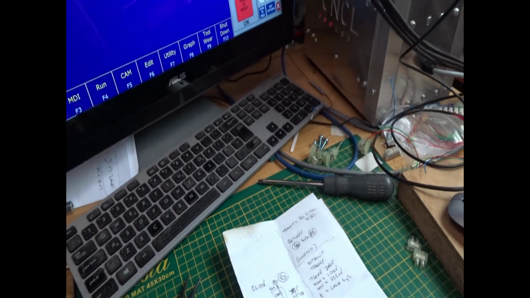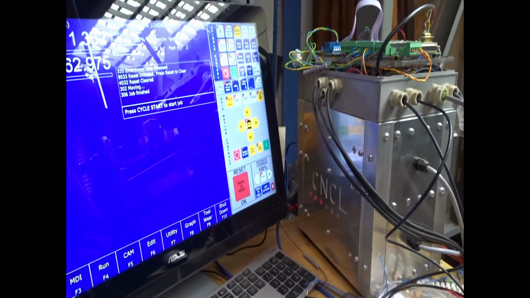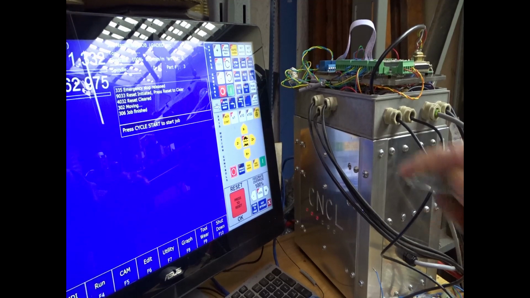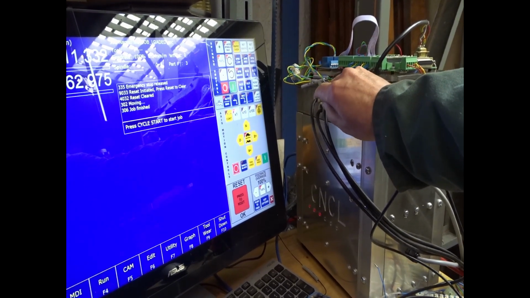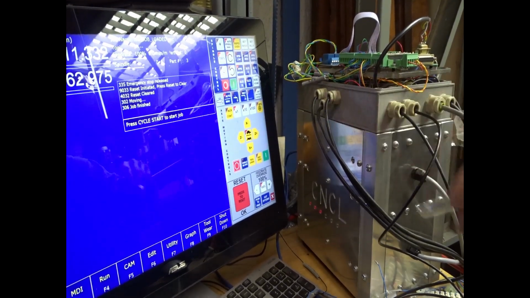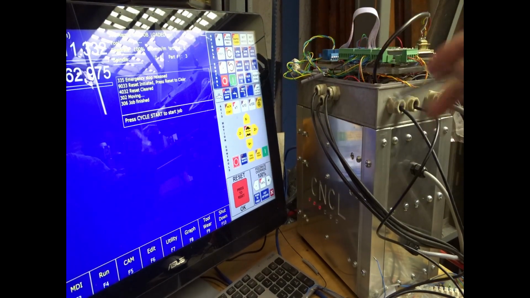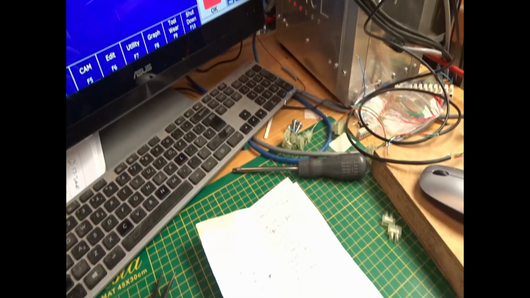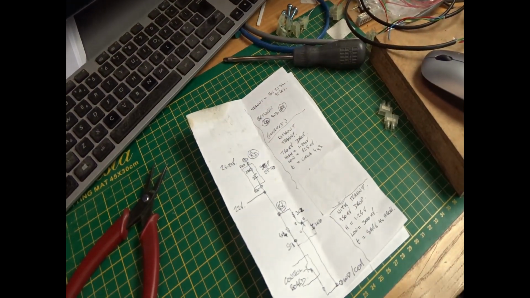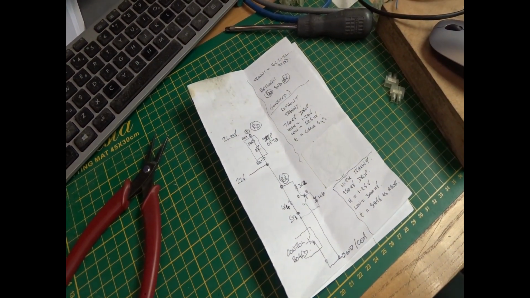I'll just show you where that is at the moment. It's up there, 4.4. It's encapsulated in that bit of sheathing. I have one of these resistors for each of them, so I have 6 of them there. So we've got 4.4 ohms